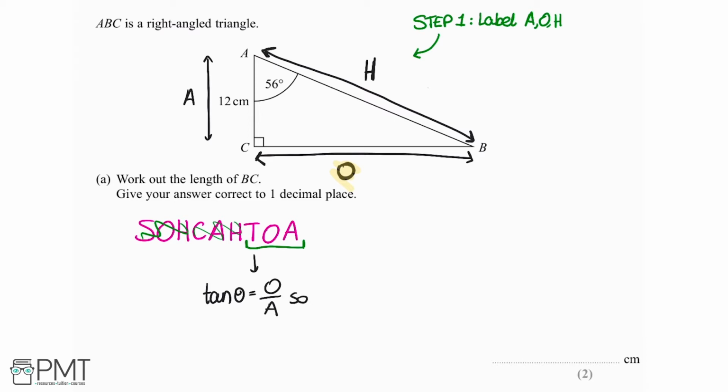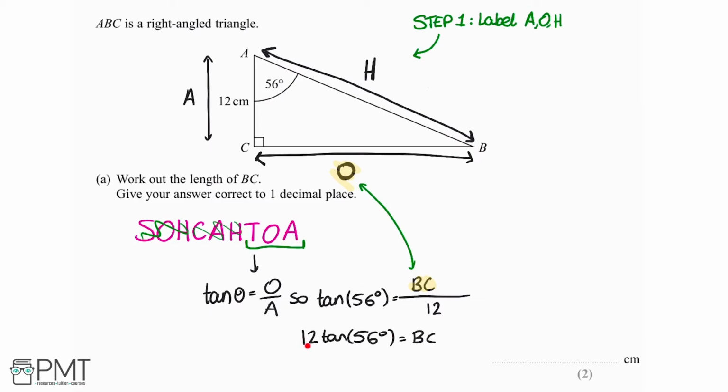So in our case, we got tan of 56 degrees equals opposite, because we don't know that yet, over adjacent, which is 12. Well, what is the opposite side? That is the length that we want to work out, BC. Now, if I multiply both sides by 12, I'm going to have 12 tan of 56 degrees equals the length